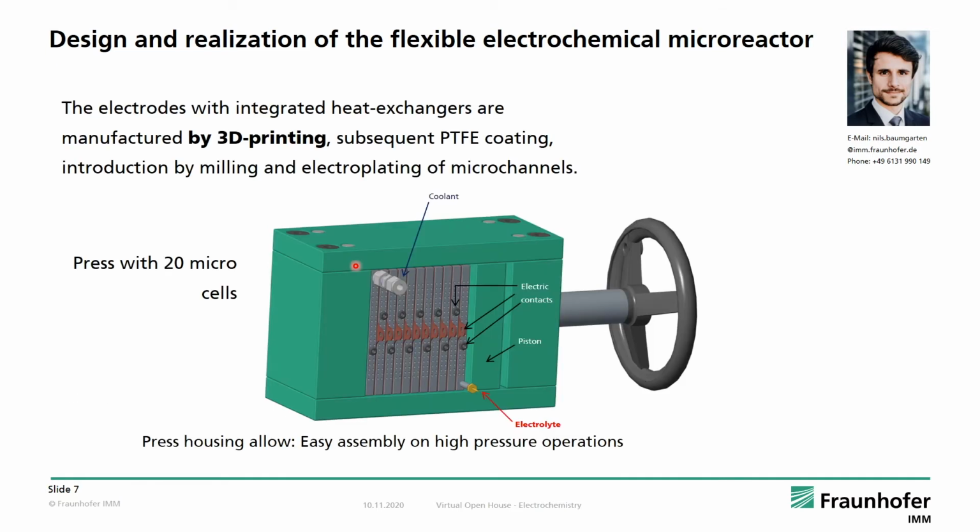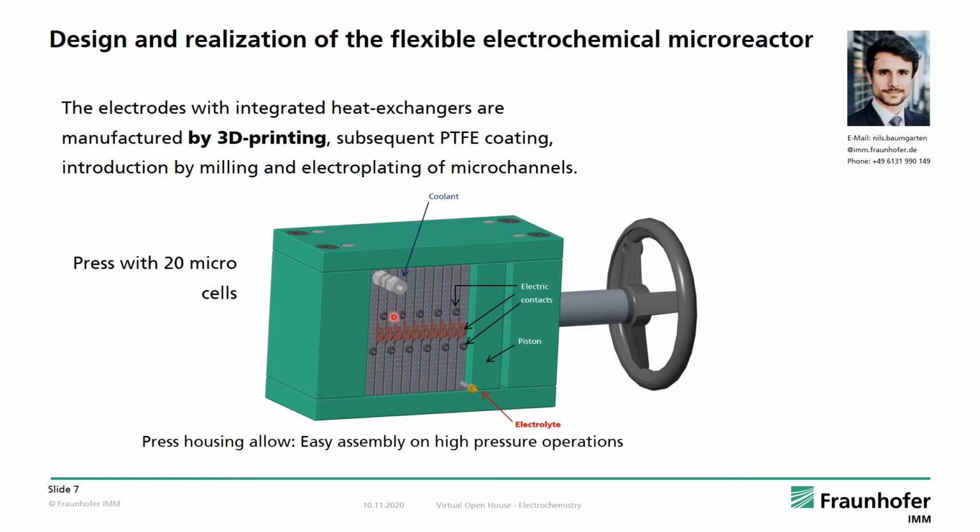Here you can see a CAD picture of the electrochemical microreactor. This electrochemical housing is the assembly of the electrodes, and you can press those electrochemical cells together with this press here. So we do not need any screws. This is a big advantage of an easily upscalable reactor, and we can use PTFE seals to prevent leakage